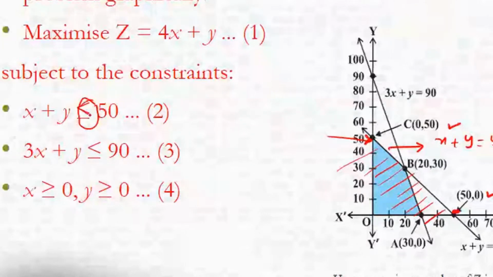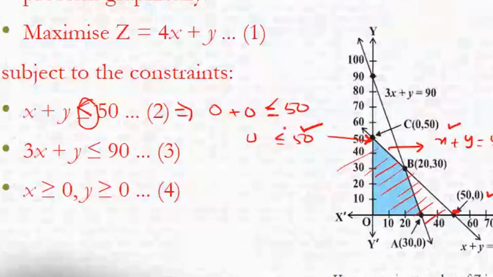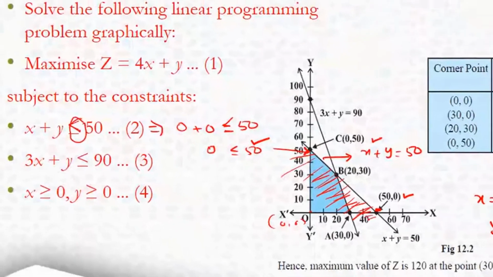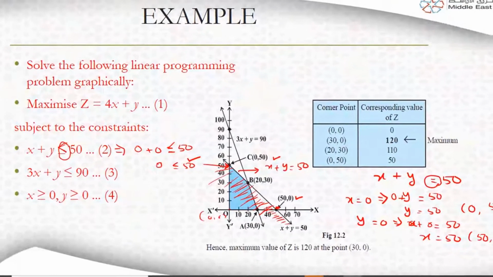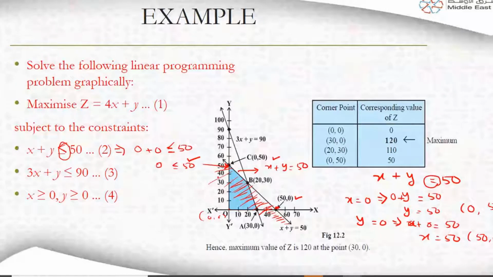What you do is, in the place of x and y, you put 0, 0. So x equal to 0, y equal to 0: is 0 less than or equal to 50? This is correct. If this is correct, you take the side where 0 comma 0 is coming. So this is the point 0 comma 0. Okay, so this is the correct side. You shade it. It's very easy to understand. So this is for the first line, we have drawn it.